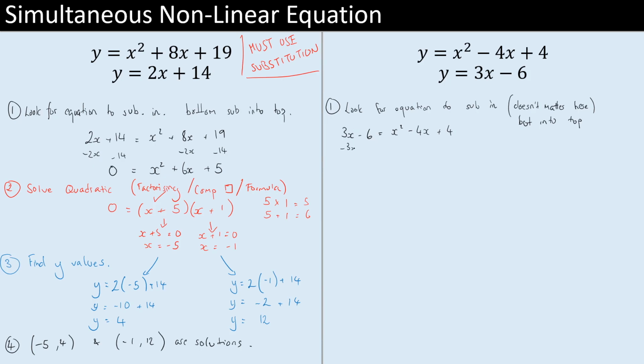So I'm going to be taking away 3x from both sides, and adding 6 to both sides. And that gives me x squared, negative 4, take off another 3 is negative 7x, and 4 plus 6 is 10. That is equal to 0. So that is our quadratic, which leads us to our second stage,